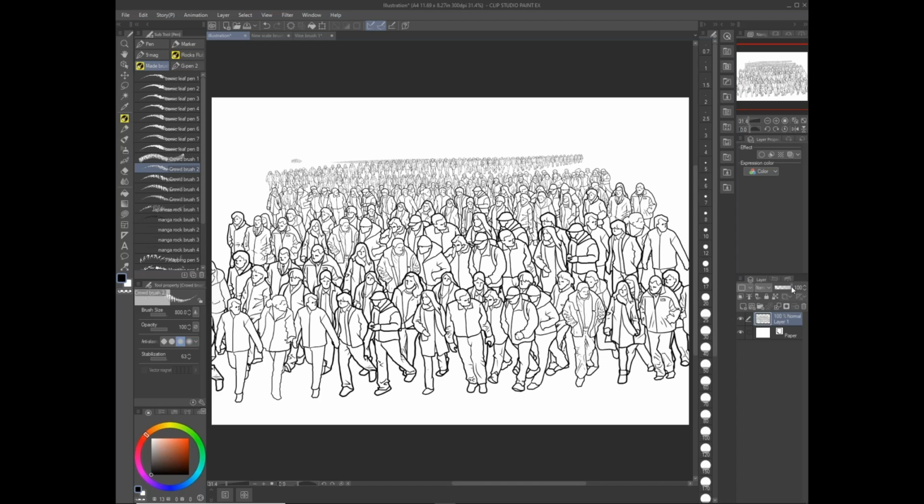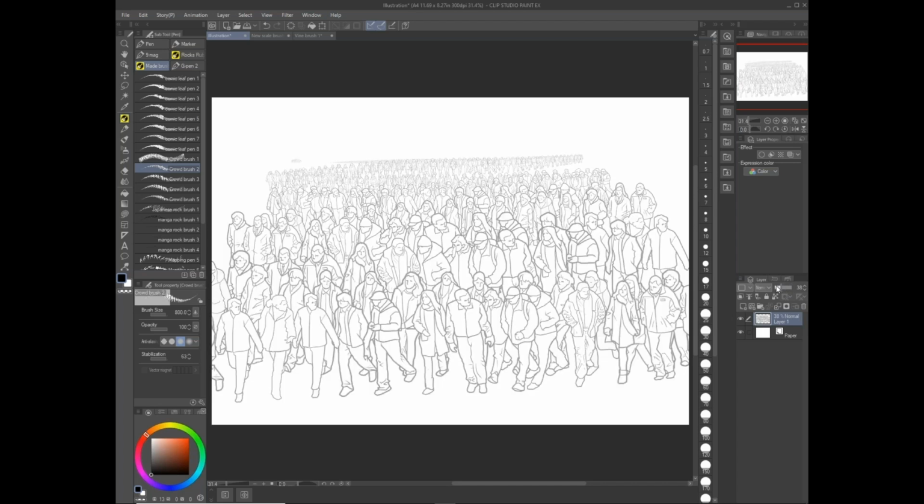And then I can change the opacity, and then I can start changing the features on the people that are walking. To lay out something really quick that you can use as a guideline and a template, I found this brush is really invaluable for me, especially when I'm working on storyboards and crowd scenes,